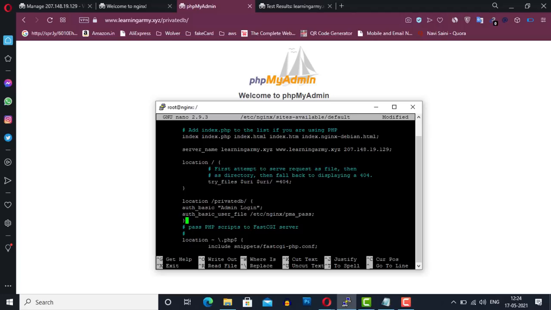This block will target the location that we have selected for our phpMyAdmin interface using the symbolic link private_db.